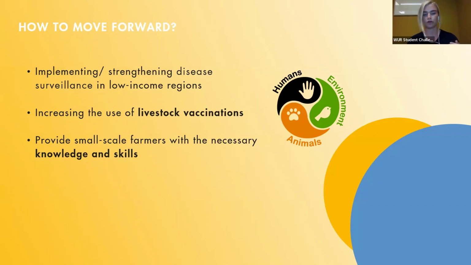And lastly, it's important to not just provide large-scale farmers, but also small-scale farmers with the necessary knowledge and skills, so both men and women, to protect their livestock's health. This includes access to health and nutrition, like information and agricultural extension services, better food, and also environmental and animal health services. And today the speakers will be discussing their perspectives on the crucial role of livestock production and the practical application of One Health in animal health.